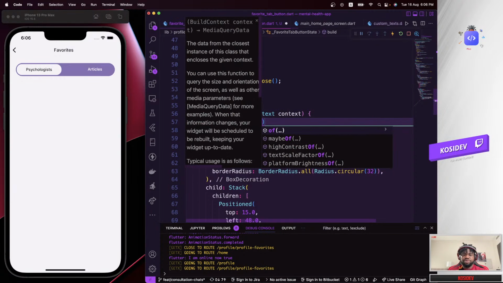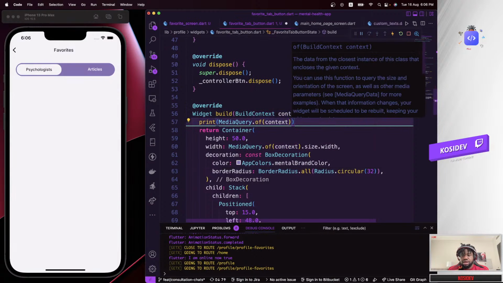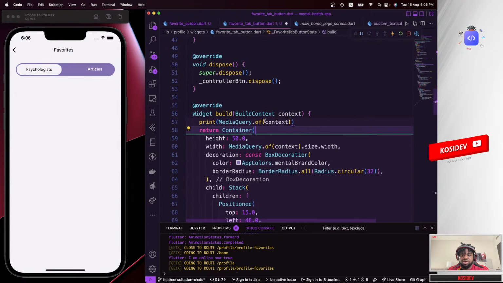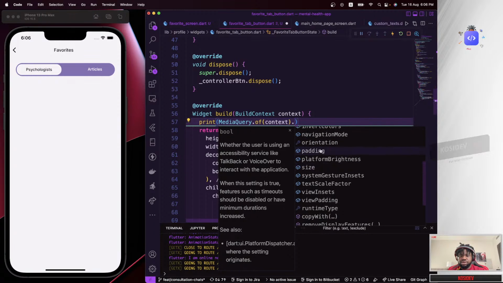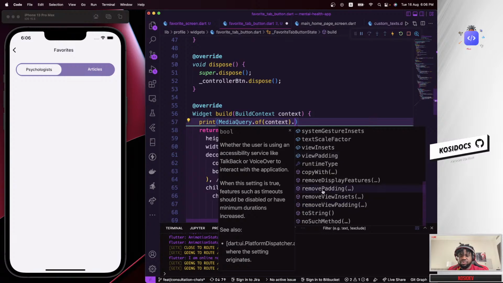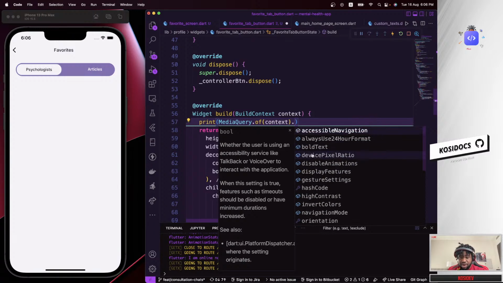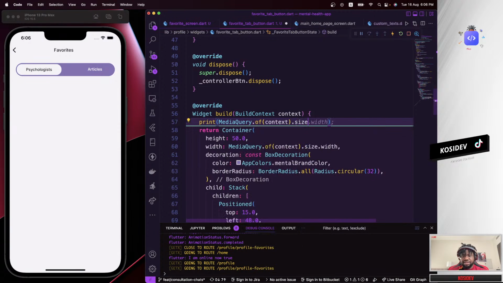So over here, I can say MediaQuery.of(context). Remember I said you have to pass in the context property from this inside. I can say this particular context I want to get hold of. Over here there's a whole lot of stuff you can get access to. I want to get hold of the size property, and inside the size property you are going to have the width and the height of the screen and other stuff. So I say the width, and I want to place a child